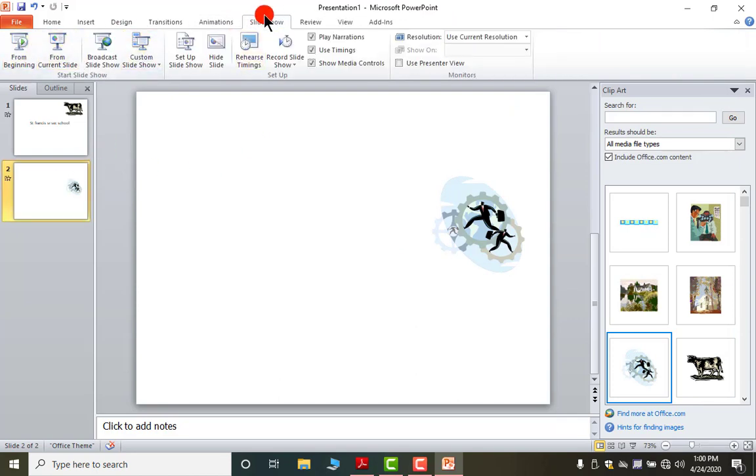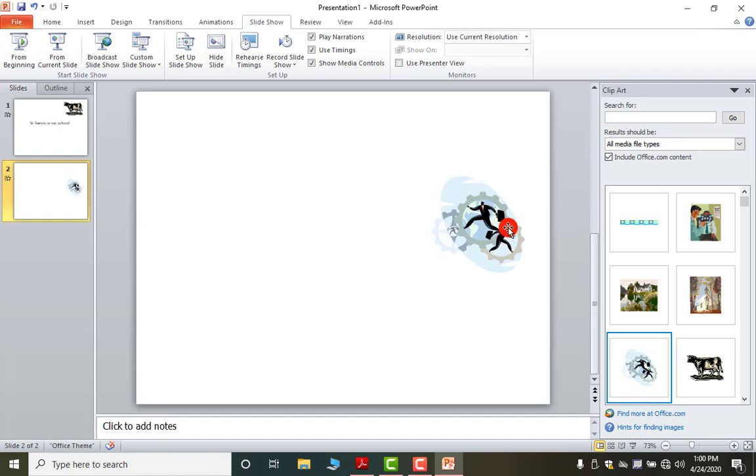Click on slideshow, then from current slide, look, we have 2 slides. If I want to skip this slide 1, I can click on this slide 2 and click on current slide, so my animation will start from slide 2. Slide 1 will not appear.